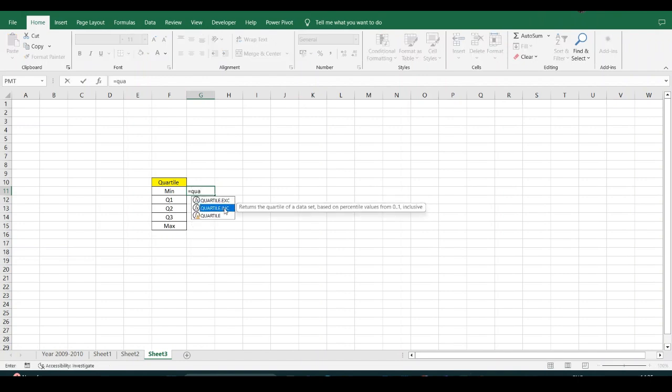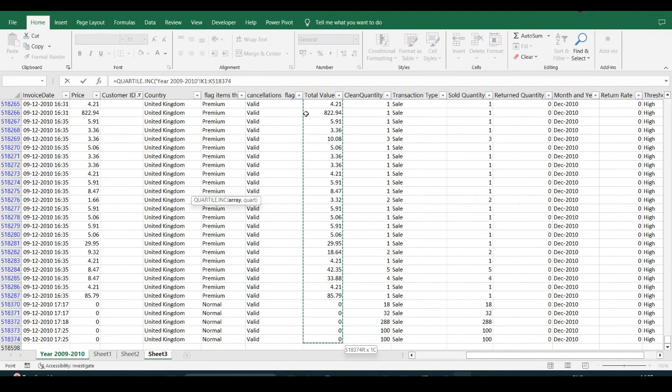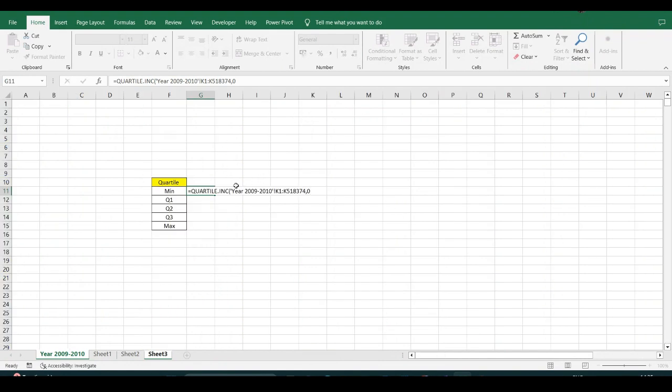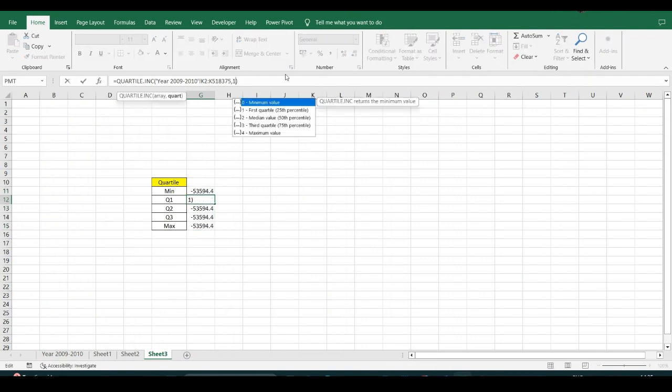quartile.inc, and the array I want is the total spending. For the minimum value, it is considered as 0, and I'll get the value. Same as for 1, that is for 25, I'll give it the value of 1. Okay, minimum value,